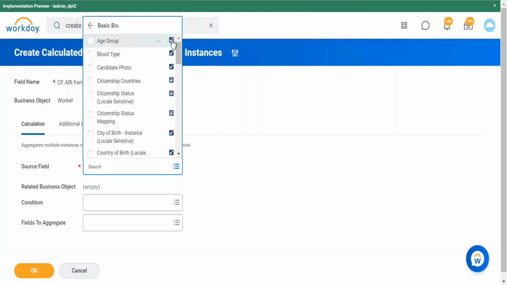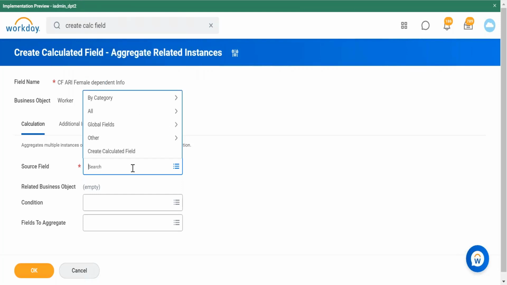So for lookup related value, only single instance fields work, right? But the good part of using aggregate related instances is that you can work with multi-instance fields as well. So that's the probable use case of this. Whenever you face a situation where you have to bring in a value of not a single